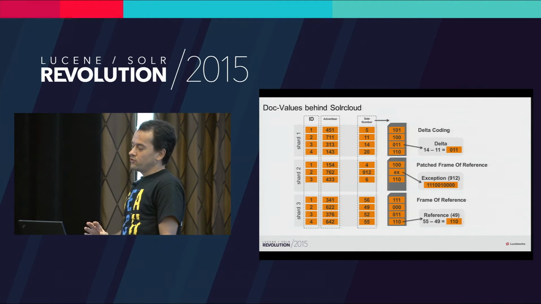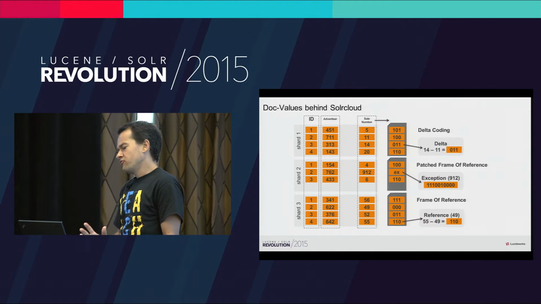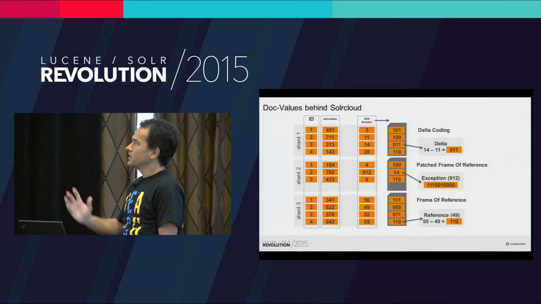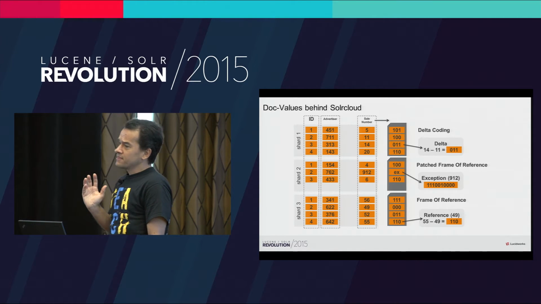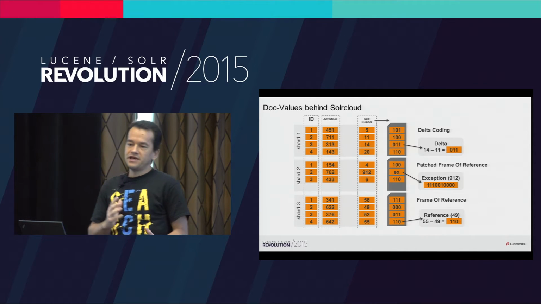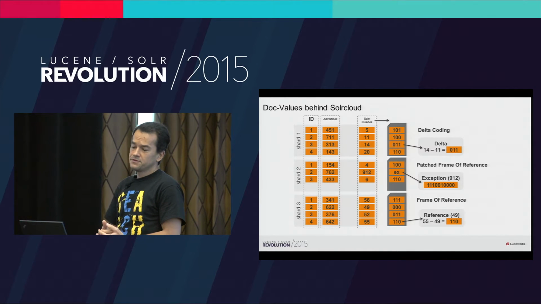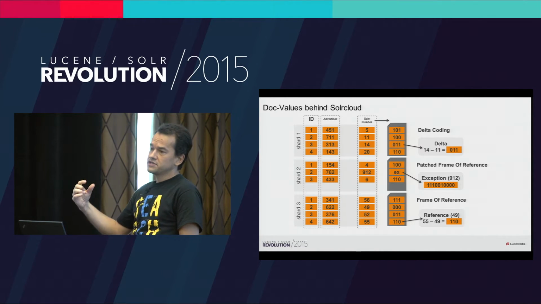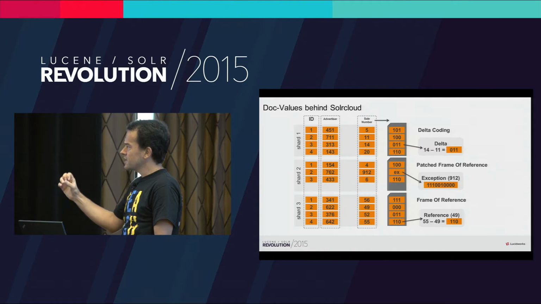You have the list of numbers, for example, on a particular field, like here, sale count, sale number. The doc values behind the scenes do much more. They will compress those numbers very efficiently. They will do, for example, something like delta coding, where you are storing the difference between the subsequent numbers,